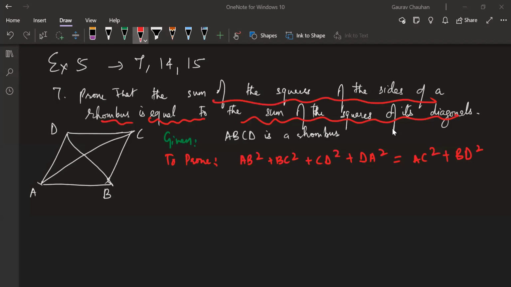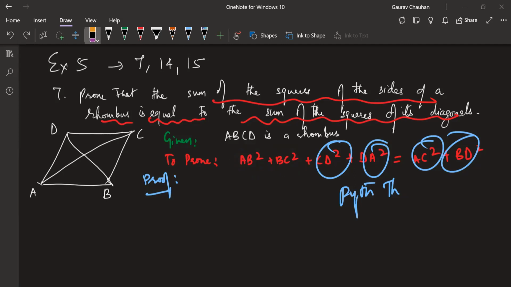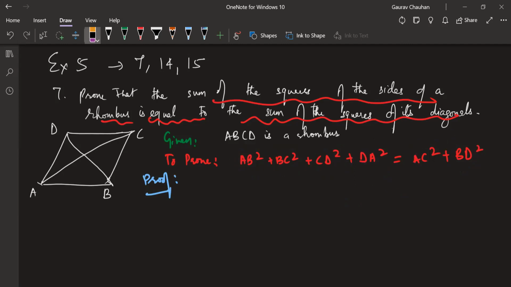Okay, moving on. So this is my given. Now going on to the proof. For the proof, I am going to recall: they are talking about squares of sides here, which means somehow the Pythagoras theorem or its converse has to be involved. Only then will squares of sides come. There is one more way, the ratio of areas of similar triangles is equal to the ratio of the squares of the sides, but that is separate. Here I can see squares of sides being added, which means the Pythagoras theorem is involved in some way. That's the hint I'm getting from the question.